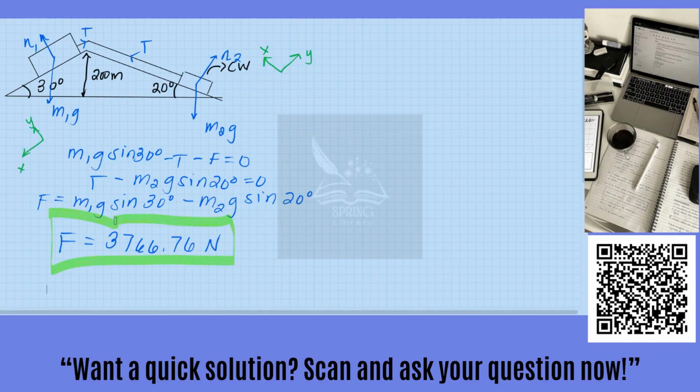B, one day the brakes fail just as the cable car leaves the top of the downward journey. What is the runaway car speed at the bottom of the hill? Okay, so first to find the speed, let's find the acceleration. So Newton's second law, m1 times the acceleration is equal to m1g sine of 30 degrees